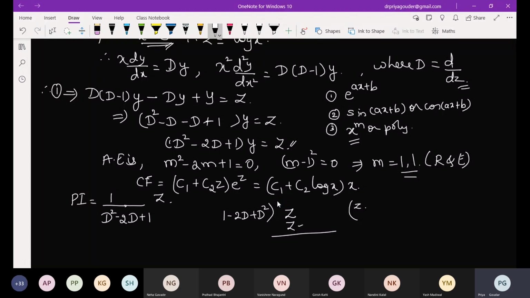So the first thing is what? Minus 2 into D operating on z is how much? Derivative of z is 1, no? This is z. Operate it on all the 3 terms and write it here. What is the second order derivative of z? 0. Am I right? Are you following? Division method, similar way. Okay, now what has to be done?